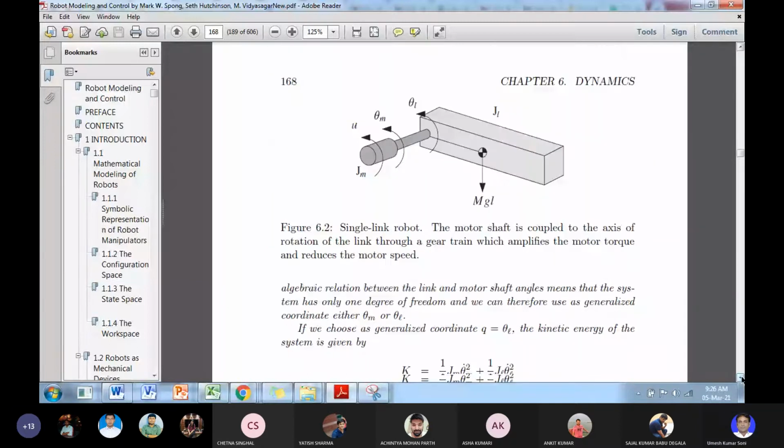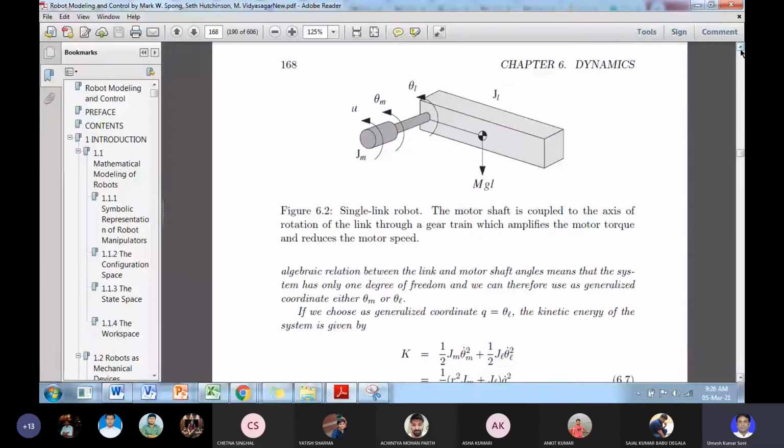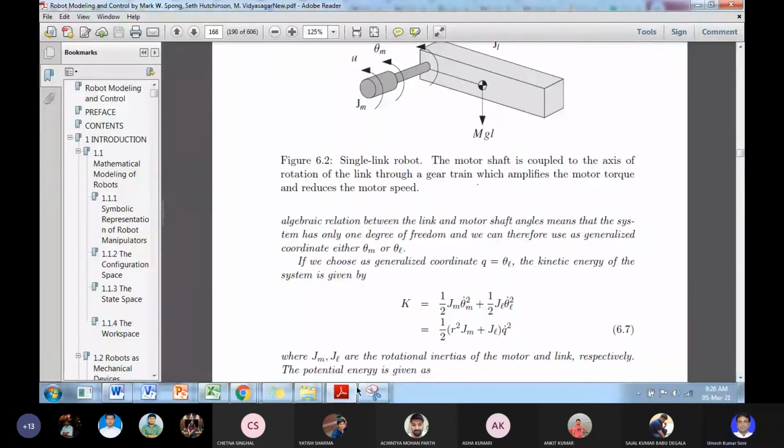Now you consider a system here. So how will you derive the Lagrangian equation for this? Suppose